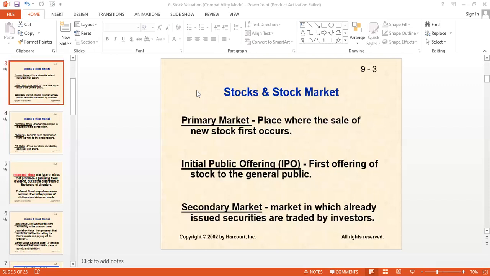So let me explain how this process takes place. Since you are studying stocks for the first time in your life, you must know what an IPO is and how this process takes place, so that if you come across any IPO in your life, you know the concept. Okay. Let me give you an example. Let me explain this entire process with an example.